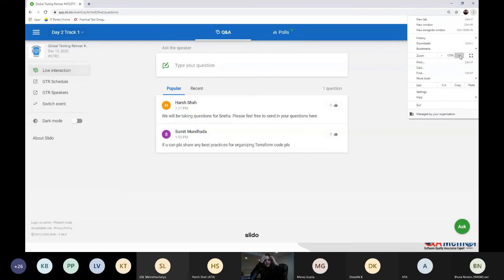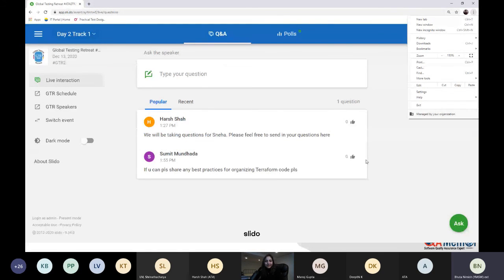Yeah, so there is one question from Smith, which says about what are the best practices for organizing Terraform